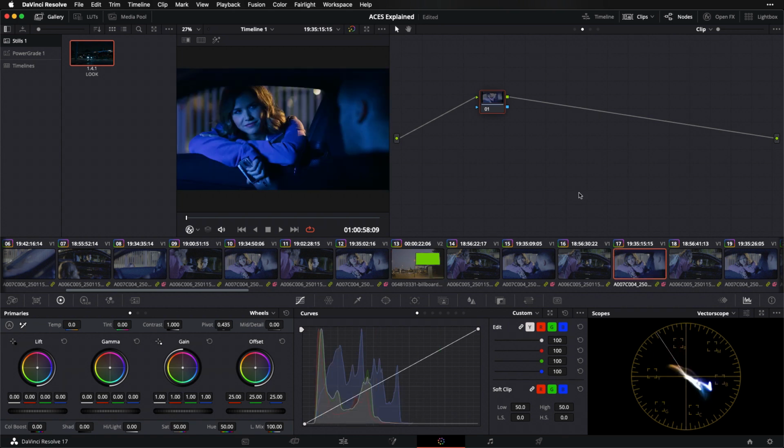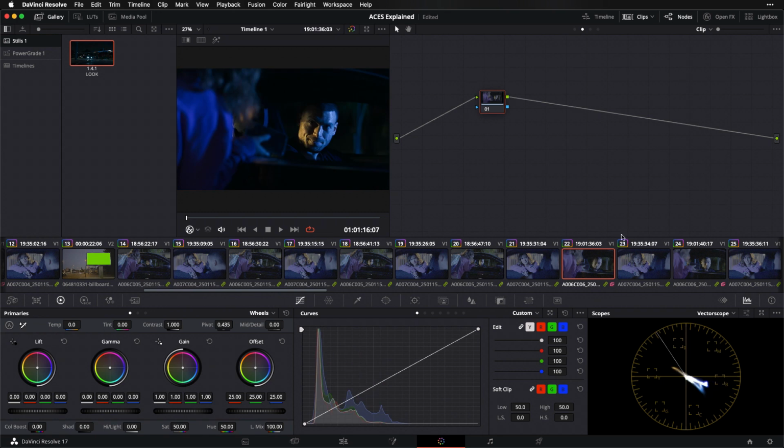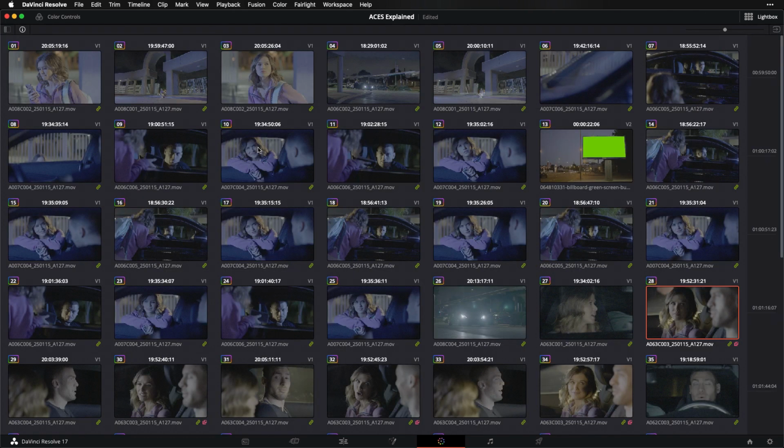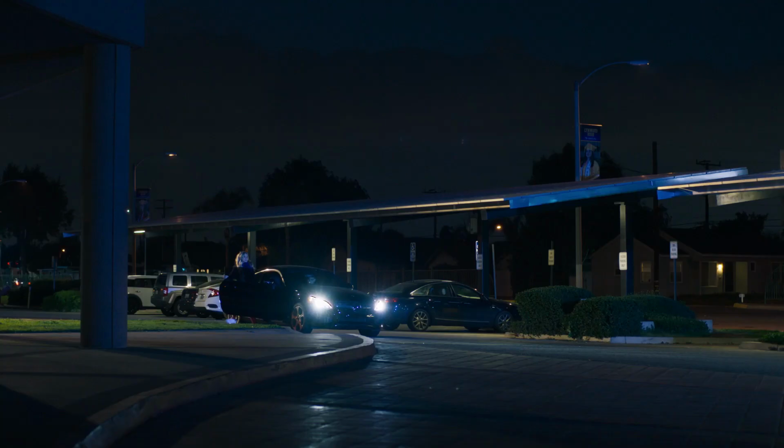So we've now got our overall sort of workspace set up for this grade. I've got all of my input mapping taken care of. I've got my output mapping set up, and I have my look applied across every shot in the timeline. But there's one more thing that I want to take a look at with you guys today, and that is shot number 4 here. Let's take a look at this shot full screen. I want you to notice these kind of fringy edges that we have going on here, this nasty bit of business that we see here.